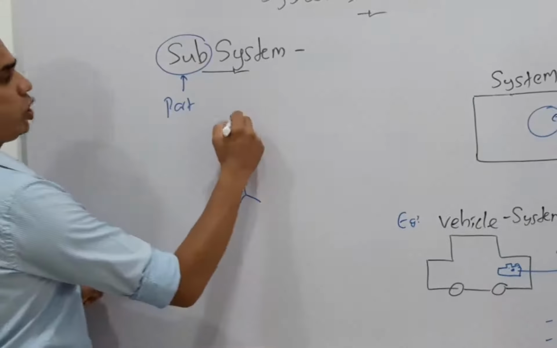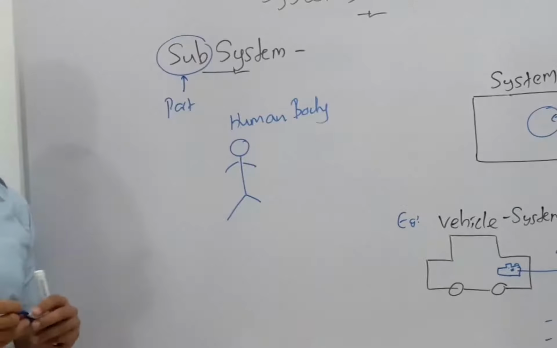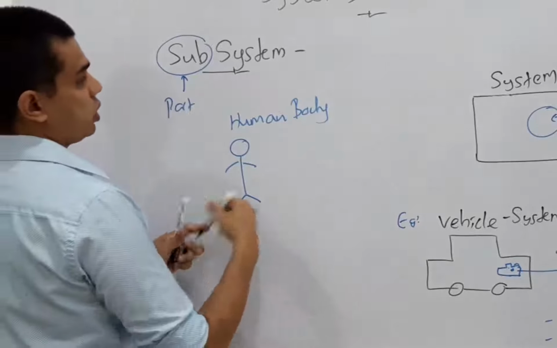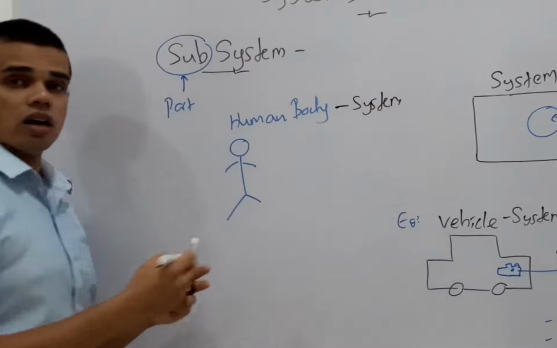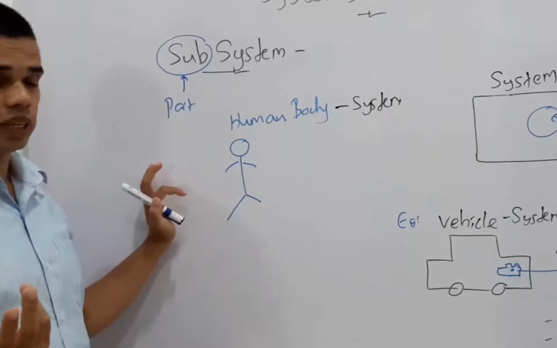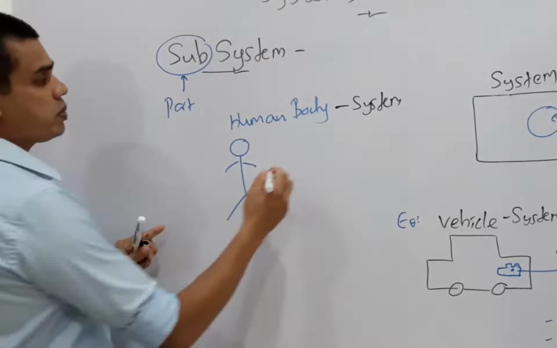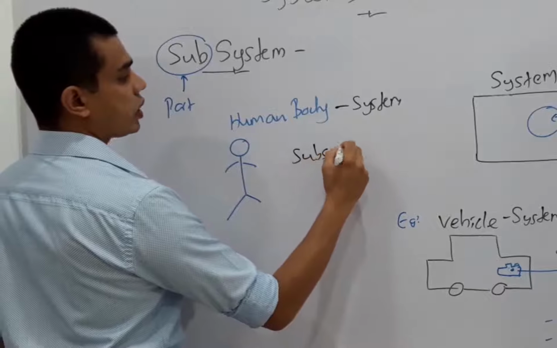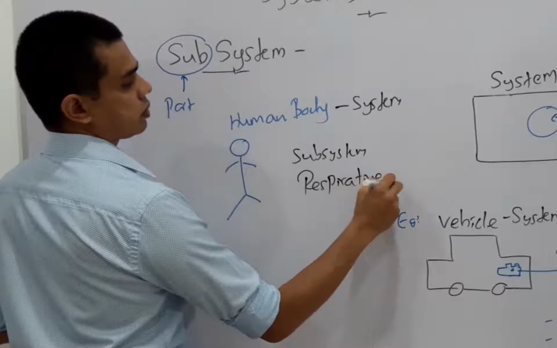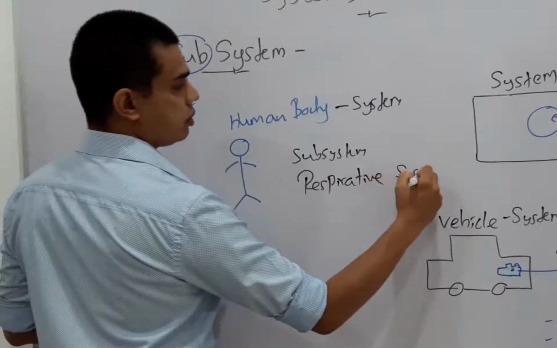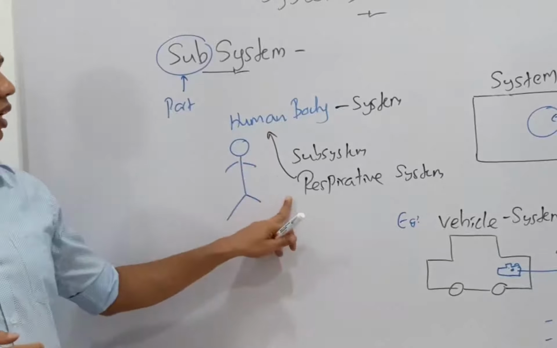If we go for the human body, can you call the human body a system? Definitely. Why? It has many components: the brain, the arms, the blood circulation, and many more things. So regarding our human body, it's a system. Inside that, do we have subsystems? Why not? Earlier we talked about the respiratory system. That's a system, but it is inside the main system called the human body. So this becomes a subsystem.